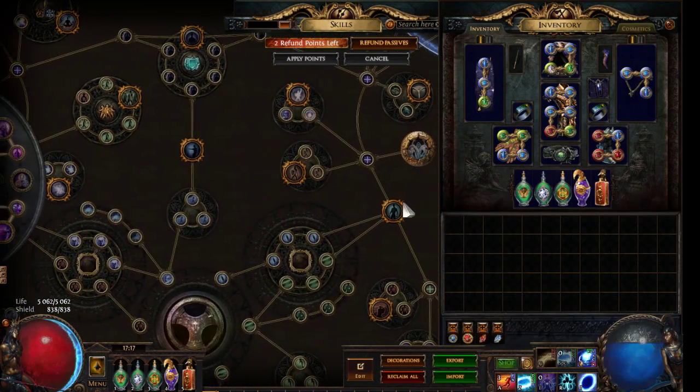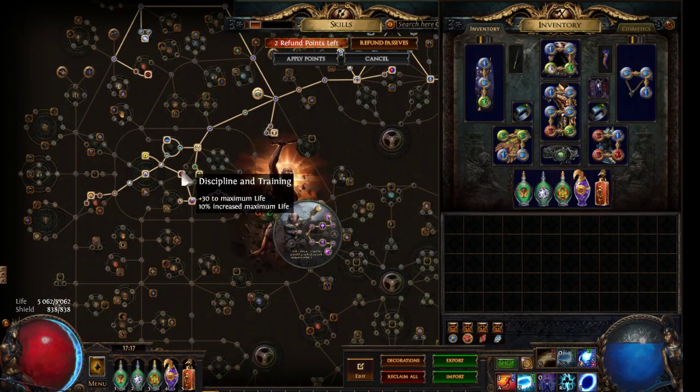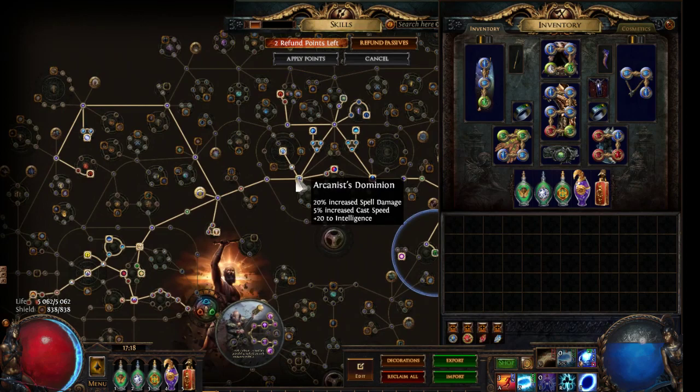So yeah, for the tree we go start mana and life. At 93 I'm going to go Righteous Decree to get a little bit more mana. So life, AoE, Light of Divinity, Holy Dominion, which are pretty nice. Freeze, shock, and ignite, nice. Some more life, Retribution, Mind Over Matter, some more life, mana regen, spell damage, lightning damage, crits, life, mana, life,